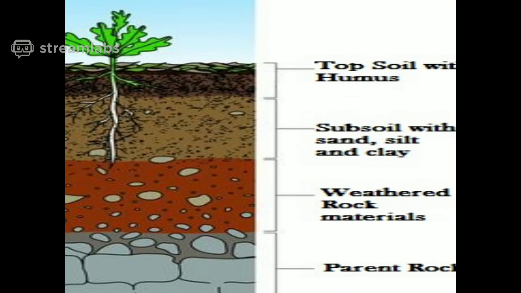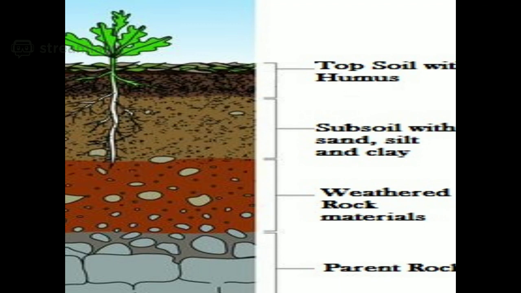Soil is made up of organic matter, humus, minerals, and weathered rocks found in the earth. Now what is weathering? Weathering means the breaking up and decaying of exposed rocks. You may be asked, what is weathering? Whatever words are there in the glossary, children, you are going to write in your notebook and make a diagram like this diagram.